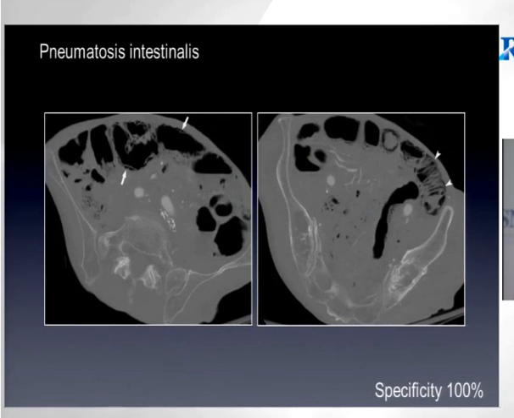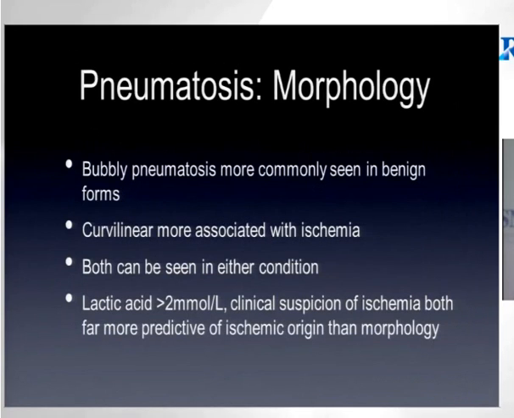Pneumatosis intestinalis, likewise, is highly specific in this group. In this case, in the same patient, we have the bubbly form of pneumatosis shown by the arrows and the curvilinear form shown by the arrowheads, and much has been written about the morphology of pneumatosis and whether or not the bubbly form is more related to benign causes, curvilinear more associated with ischemia, and that is probably true, but we know now from some very good studies that both can actually be seen in either situation,